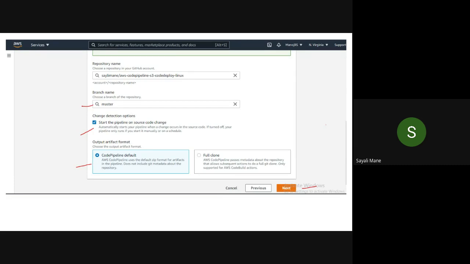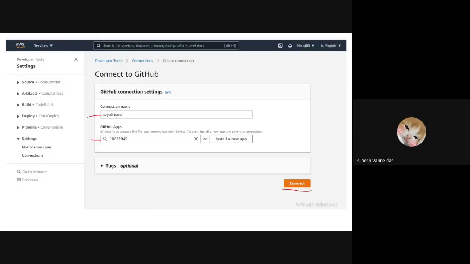In the meanwhile, your friends, please help your respective friends also. Just check whether they have missed any point. Have you installed that app? This one? Yes, ma'am. Install a new app. Have you created a new app? Yes, I've got the code.